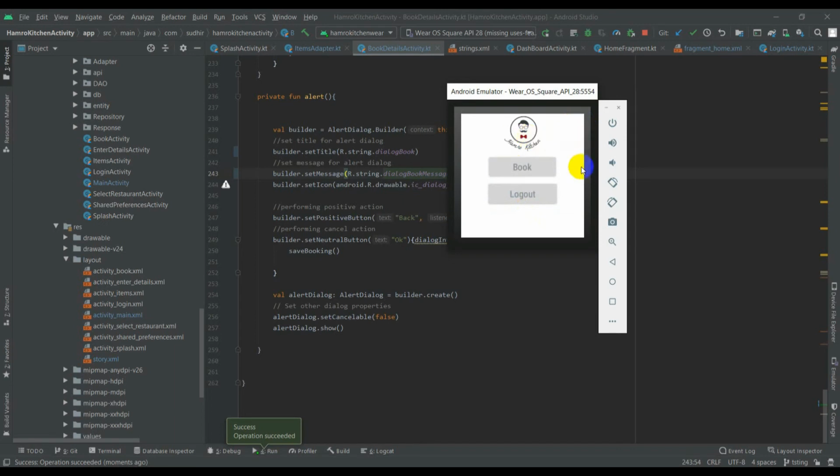The dashboard contains the booking and logout buttons. The booking button will navigate to the activity where we can book the restaurant, similar to what we did on the Android application a few moments ago. Whenever I click on the book button, it will show the available restaurants over here, and I can also book by clicking on book now.